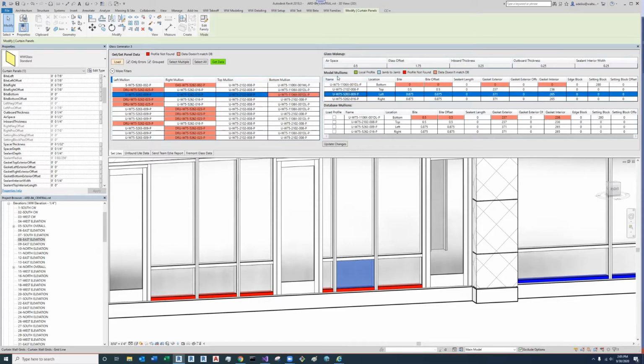And moving on to model mullions, there are the mullions as well as their locations in each row. And then for each mullion with location, it tells you all of the data that's currently existing in the Revit model. Now, some of these cells are highlighted in pink, as you see. This means, following from this legend, that the data in the model does not match the data in the